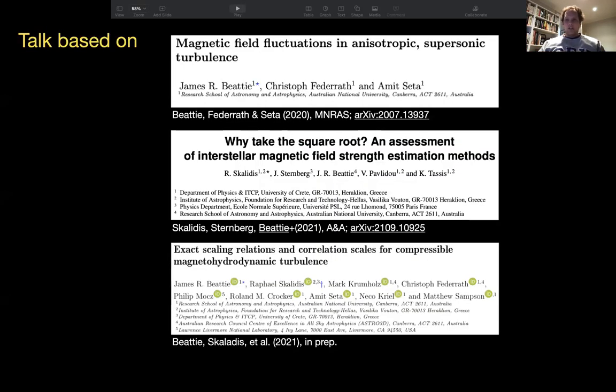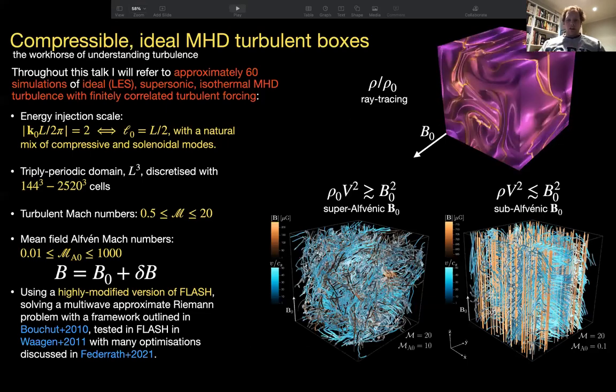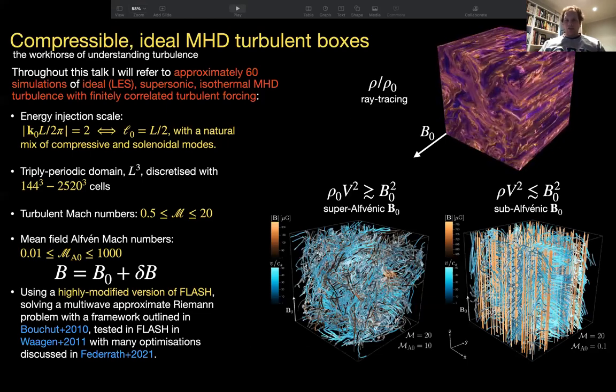So really this talk is based on three different studies. The first one, published by me last year: magnetic field fluctuations in anisotropic supersonic turbulence. This recent one by Raphael: why take the square root, an assessment of intercell magnetic field strength estimation methods. I'll talk more about this at the end of the talk. And a paper in prep right now, led by me: the exact scaling relations and correlation scales for compressible MHD turbulence. Okay, so before I get really stuck into some of the results, I just want to describe the simulations